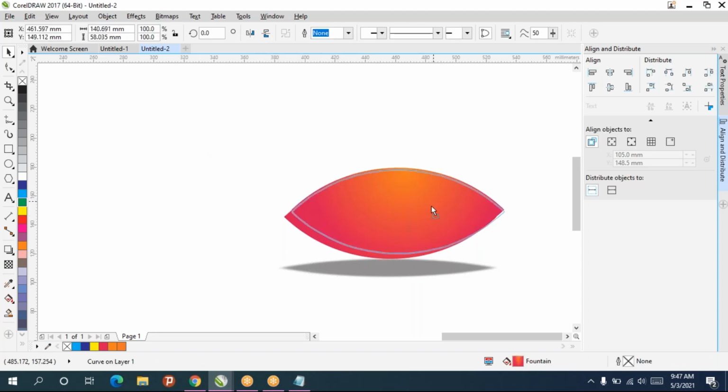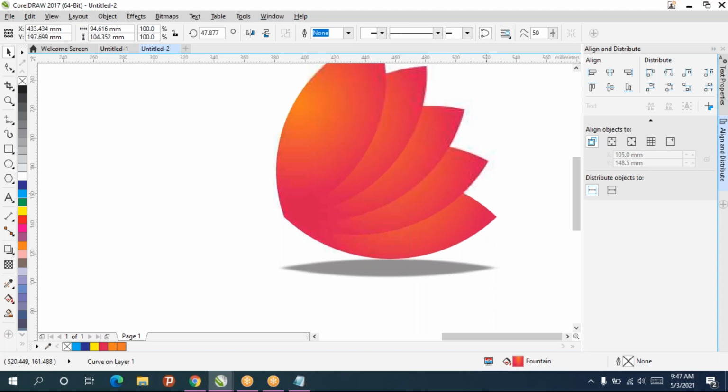I'll press Ctrl D. I'll place it exactly on this. Once again I'll press it, and I'll move this anchor point towards this. Then I'll press Ctrl D.